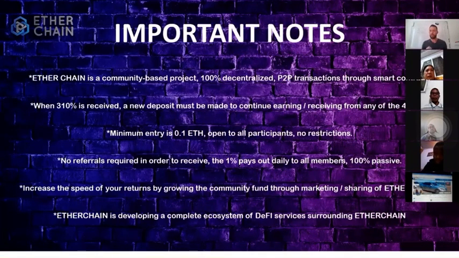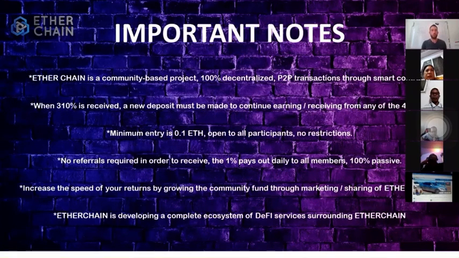We have made the first step by deploying Tron Chain on the Tron blockchain. That is a duplicate of Etherchain on the Tron blockchain. We're now being able to capture an entire new market. And Etherchain stands as admin to Tron Chain. And right now we have a 3% admin fee that will go through the Etherchain fund.